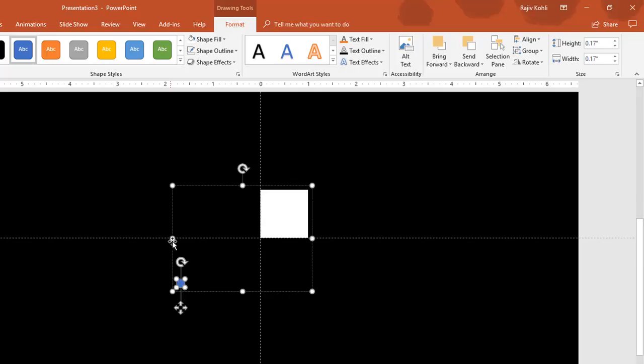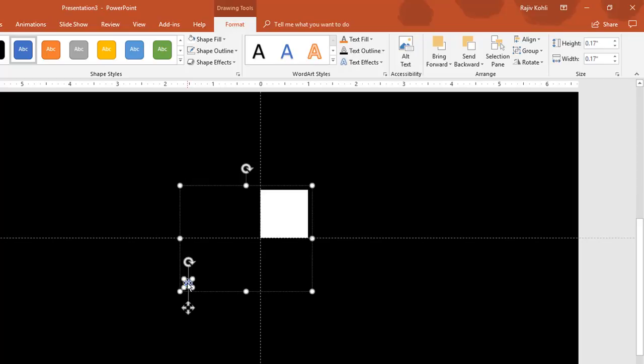As you can see that these dots are moving along with the oval as I am moving it. So I am going to put this oval right here. That will be the horizontal middle point, and I want this point to be right here.